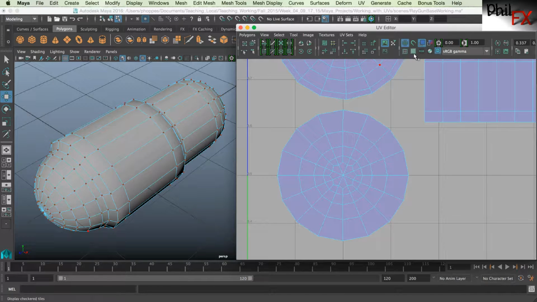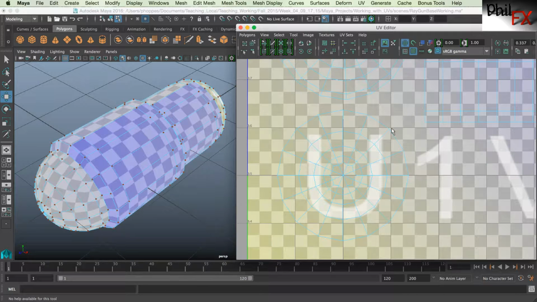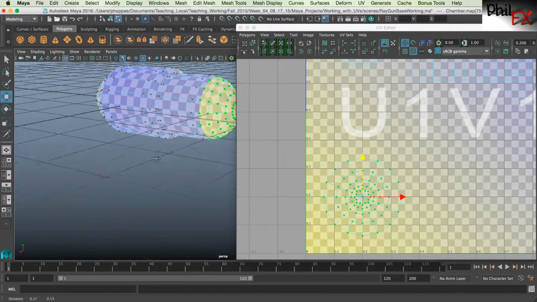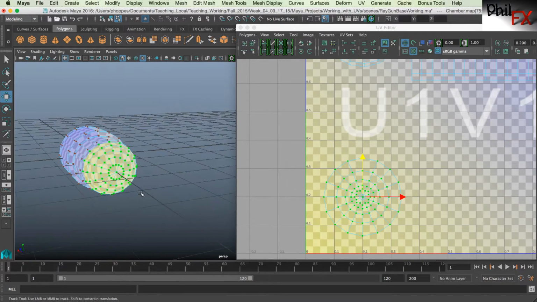So let's go in and we'll look at one of the next tools I want to demonstrate, and we'll look at our distortions. So I put some UVs on here, and I'm going to go grab this whole set of guys, and for the purpose of demonstration, let's just move this down. I don't want to see that text on there. And okay, we'll look at this end here. So we're looking at this end,